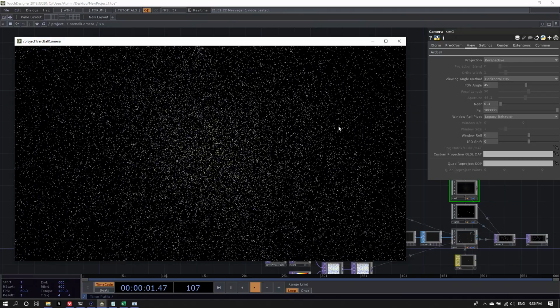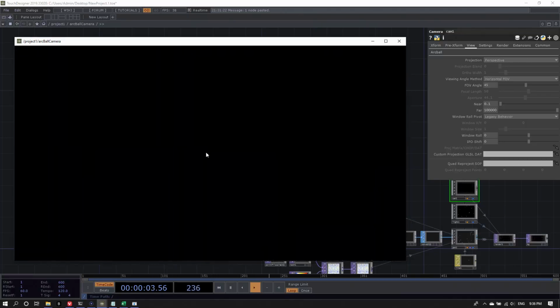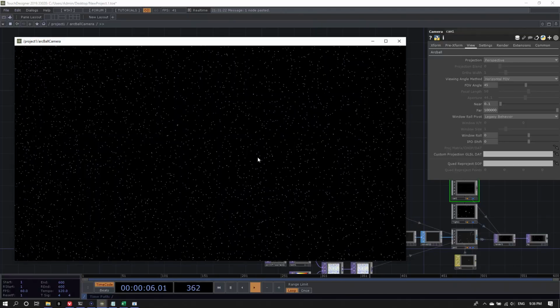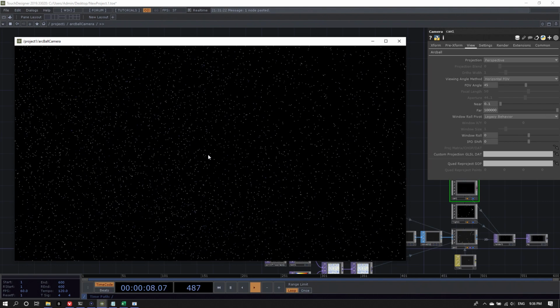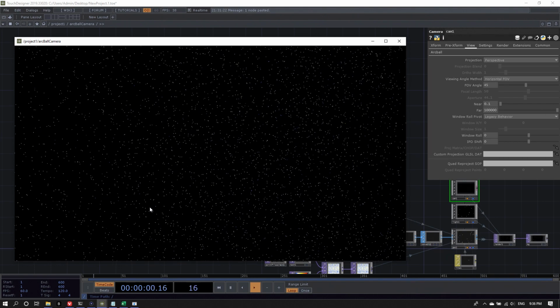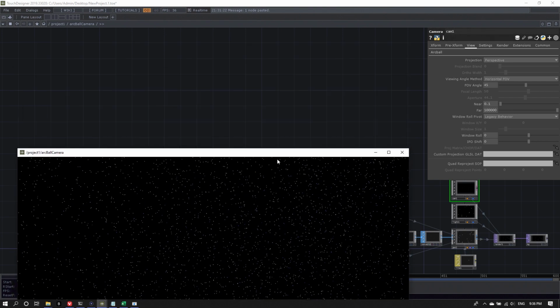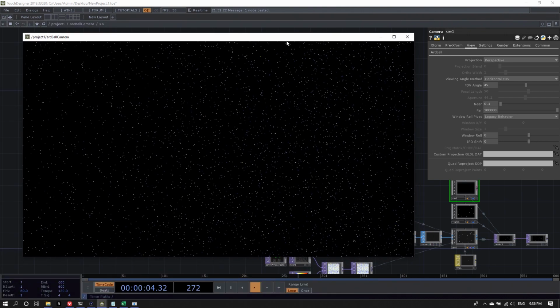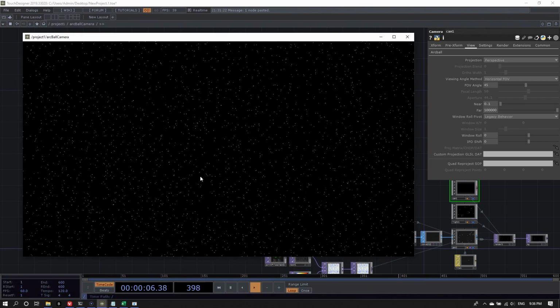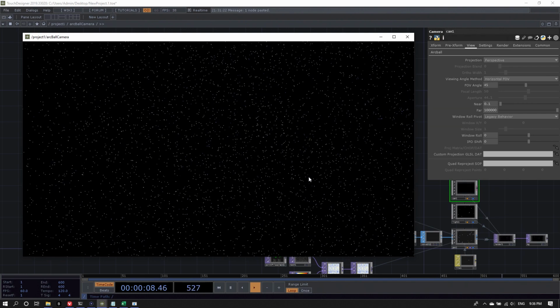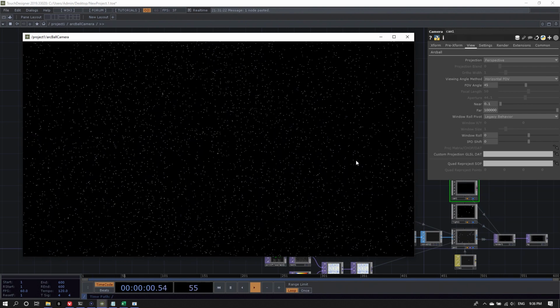So there you go. This is your universe with the sun in the center and approximately 120,000 stars that are known to mankind, plus their movement over the centuries.